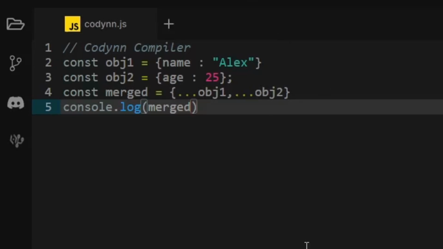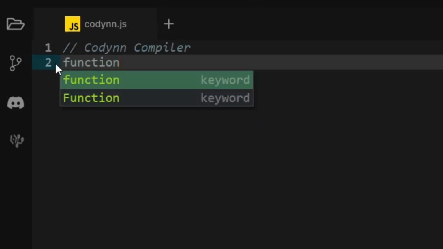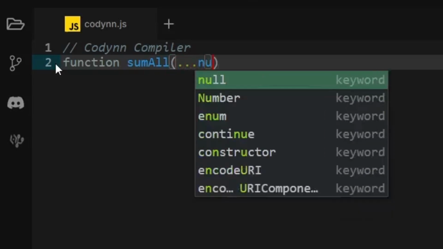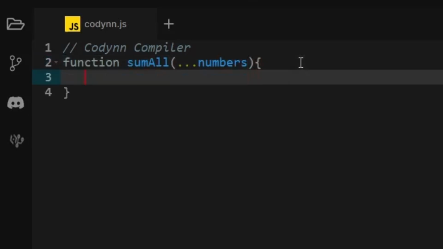Now moving on to the rest operator, it is for when you want to merge all of the different items into an array. So suppose I have a function called sumAll. I'll use the rest operator in this case, dot dot dot numbers, so that any number of arguments that are passed into this function when calling it are stored in an array. So open this and